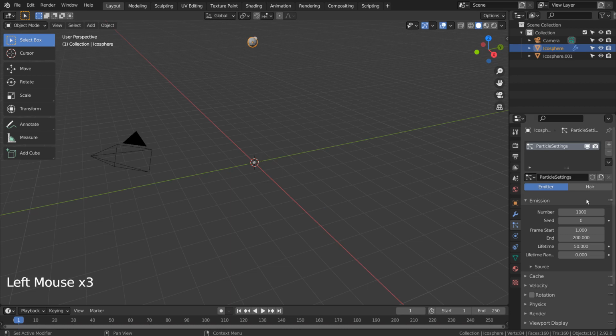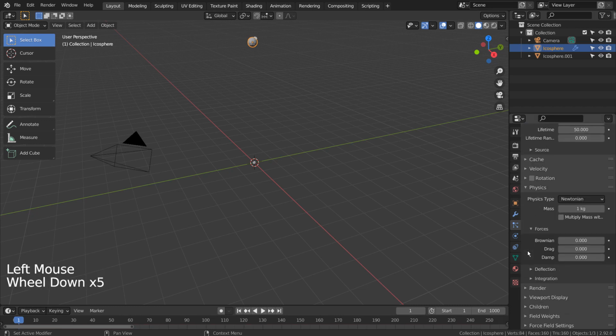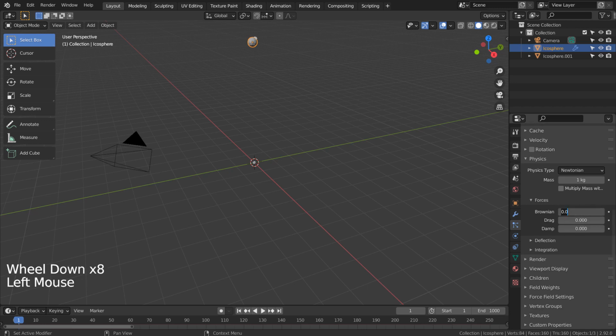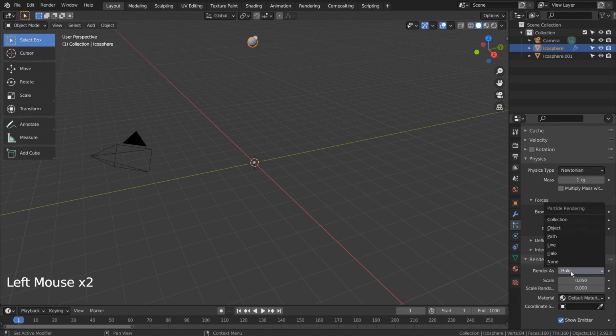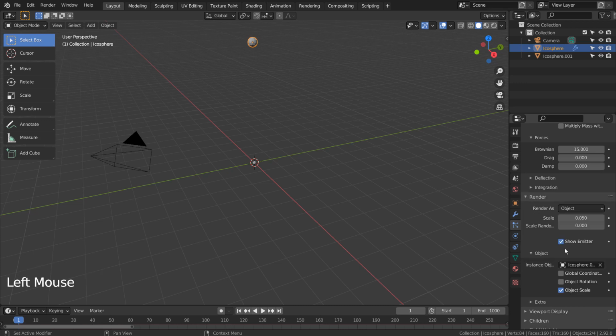The first sphere, let's add a particle. Please match my settings. We need to choose the second sphere as the particle object.